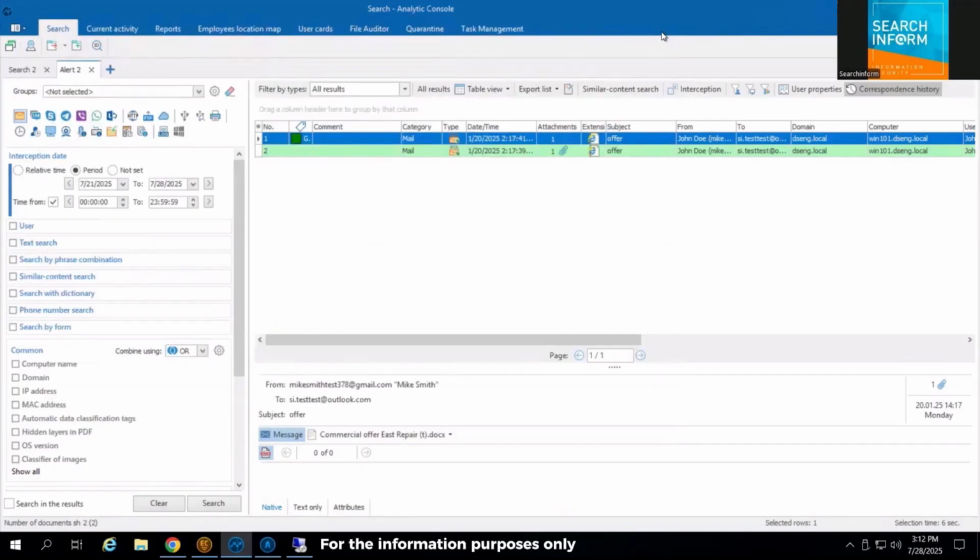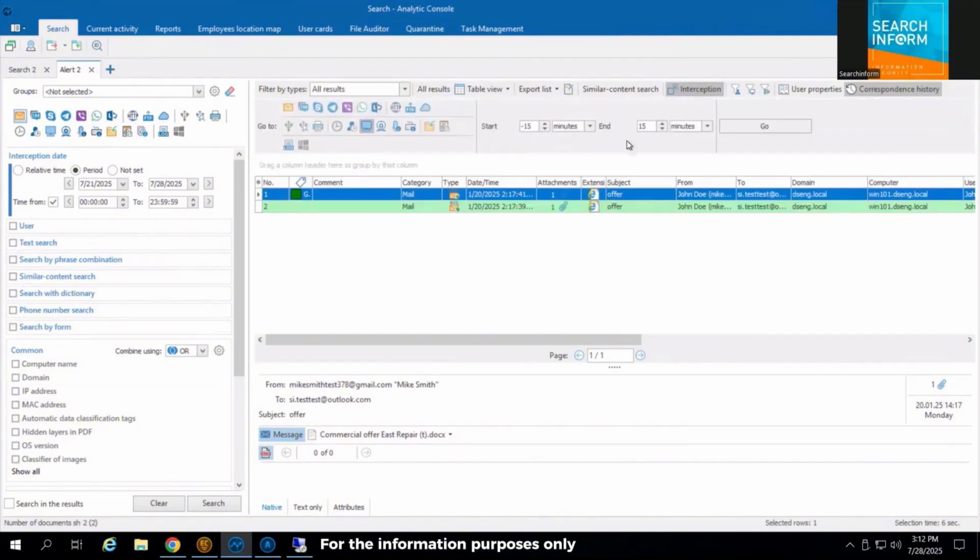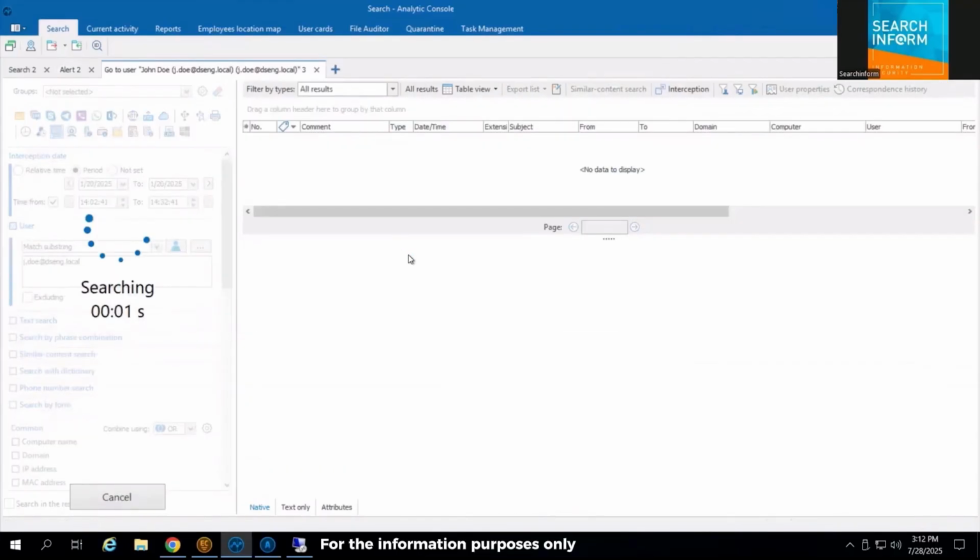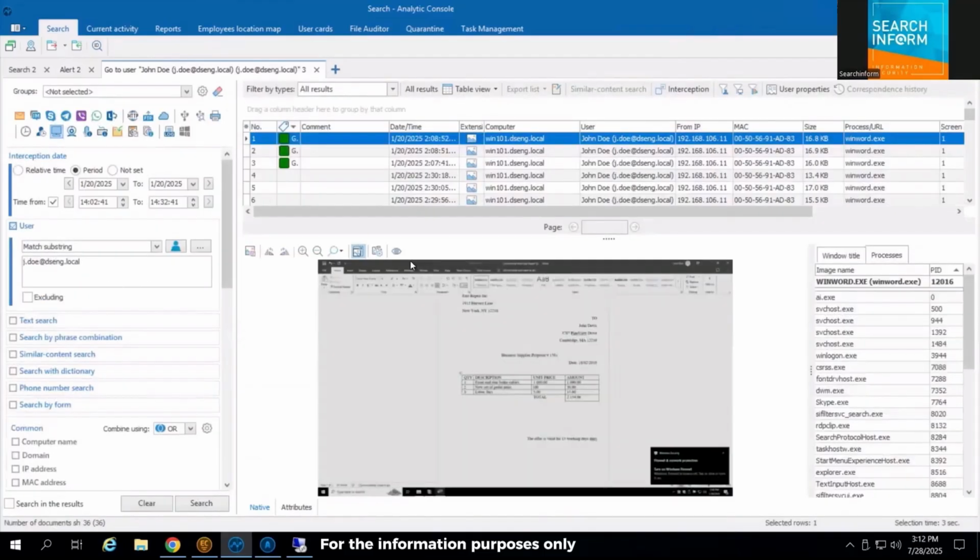And finally, the solution provides you with deep investigation tools, with the possibility to collect more evidence of the incident using our own investigation instruments. Let's say if I want to prove that this very fact of data transferring really happened, or if I want to know what happened with the document before or after, I have a possibility to check it with other modules,